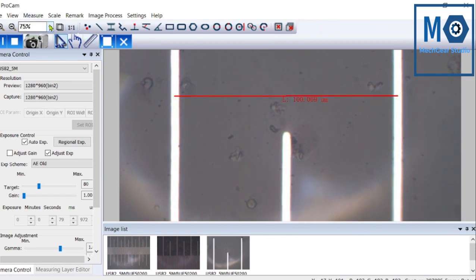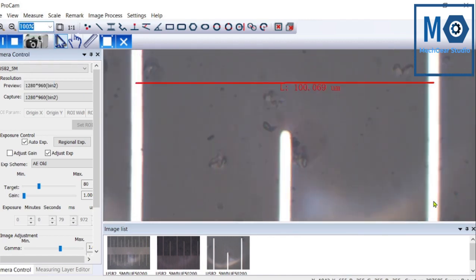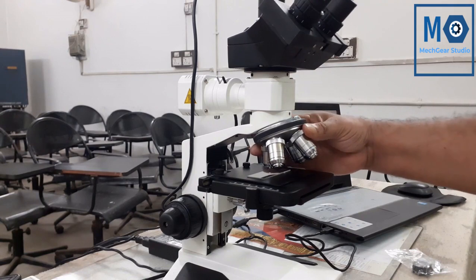We can easily pick up the midpoint. We can start the line and end the line at any edge also, left side or right side.